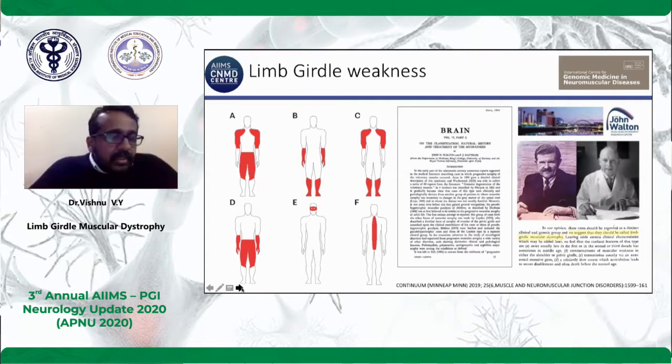So what is limb girdle weakness? In any approach to muscle disease, pattern recognition is the crux of the matter, and limb girdle weakness is the most common pattern we have when forming a differential diagnosis. Where does the term limb girdle muscular dystrophy come from? It came from a landmark paper in Brain in 1954 by John Walton, who later became Lord Walton, and Nattrass at Newcastle University.